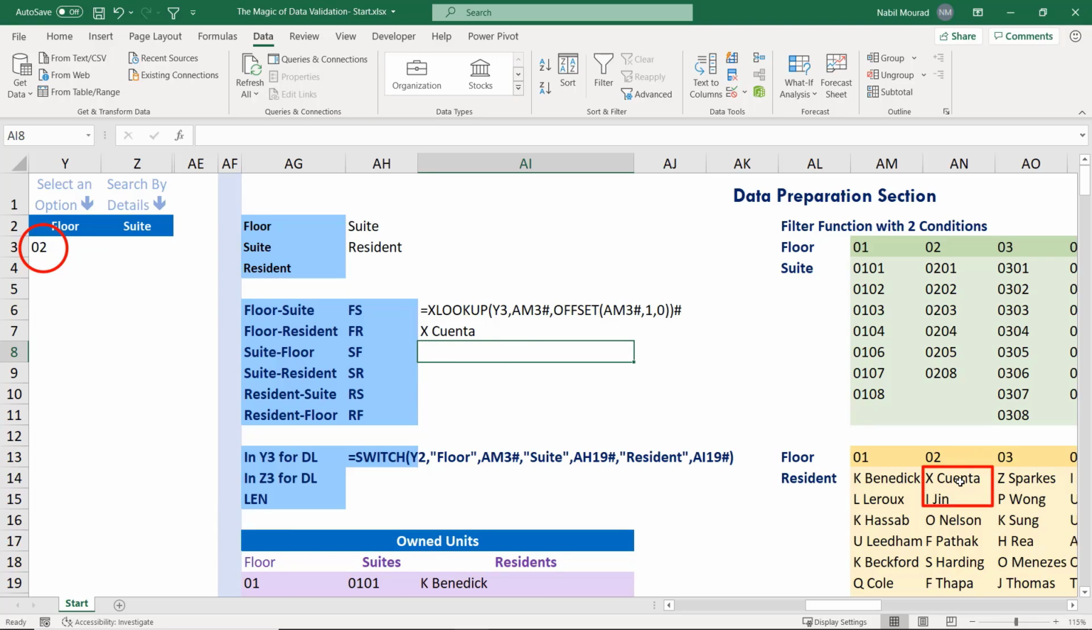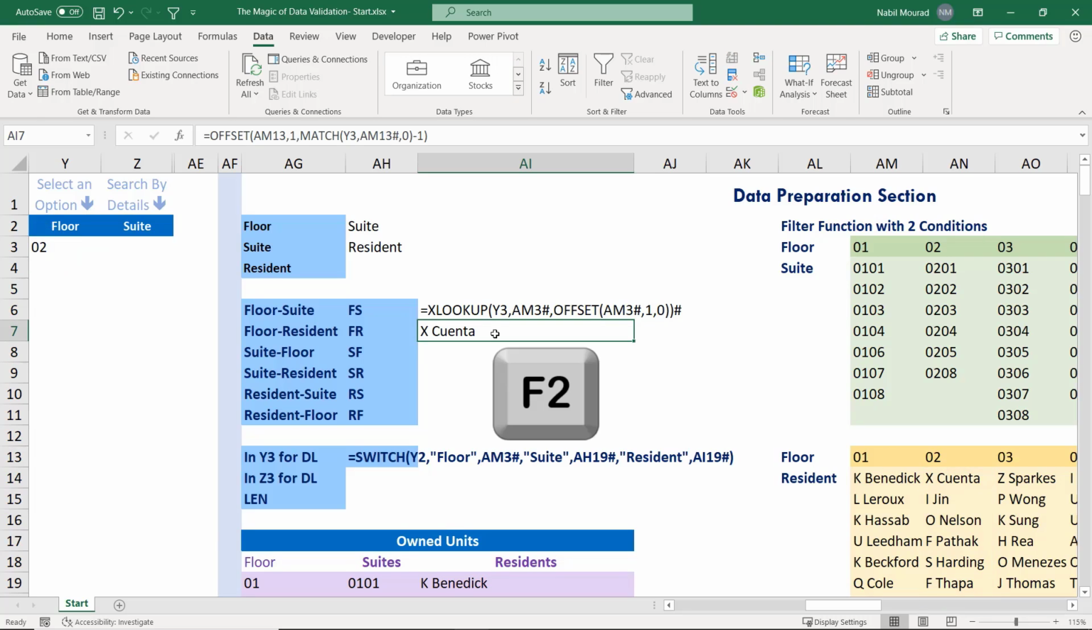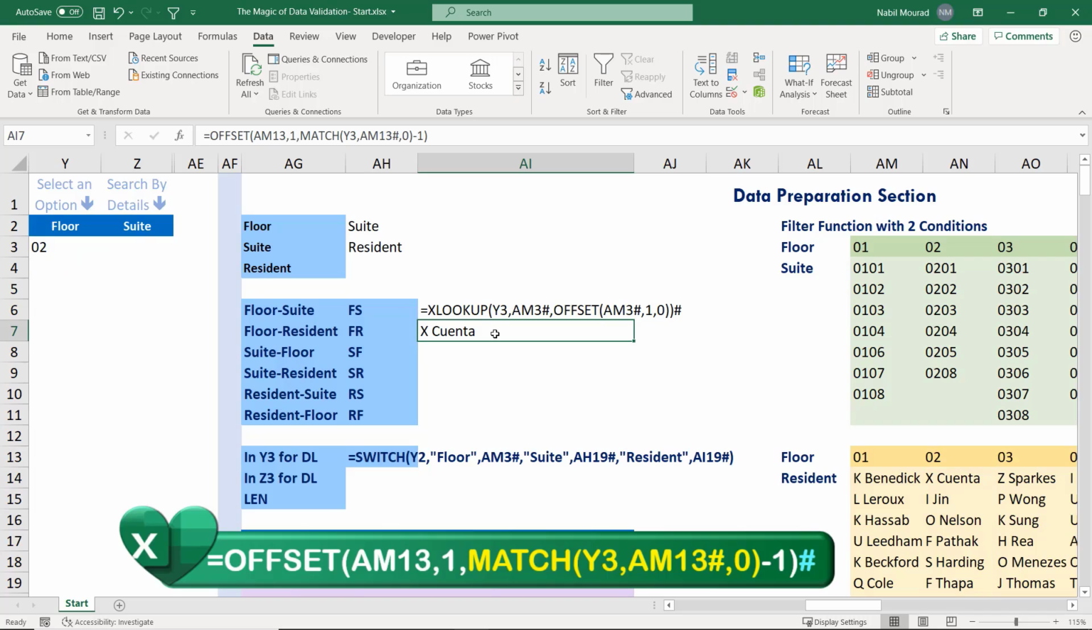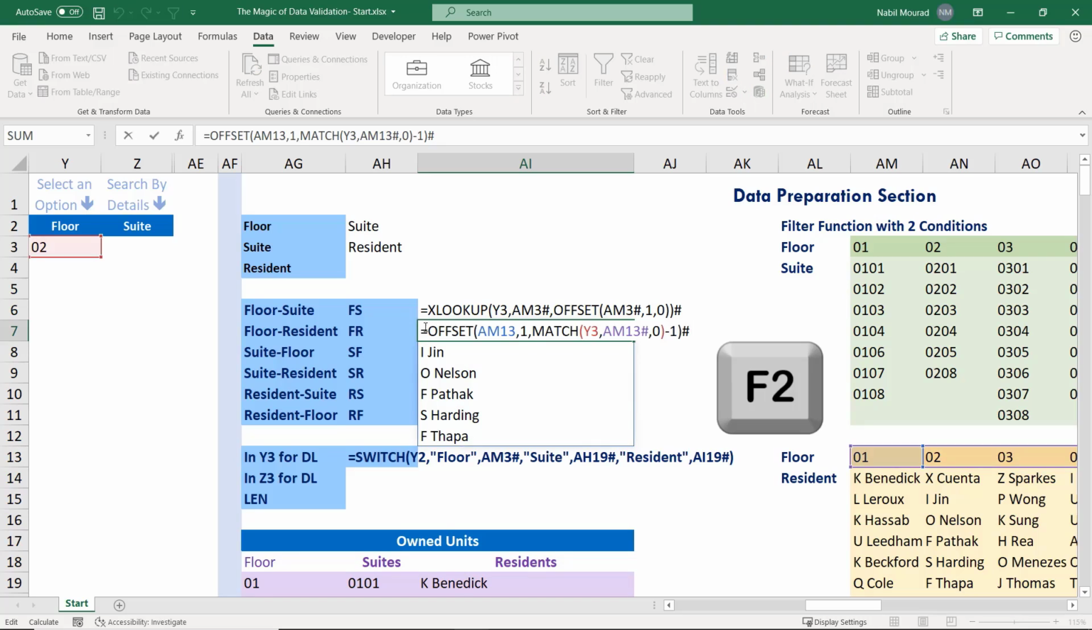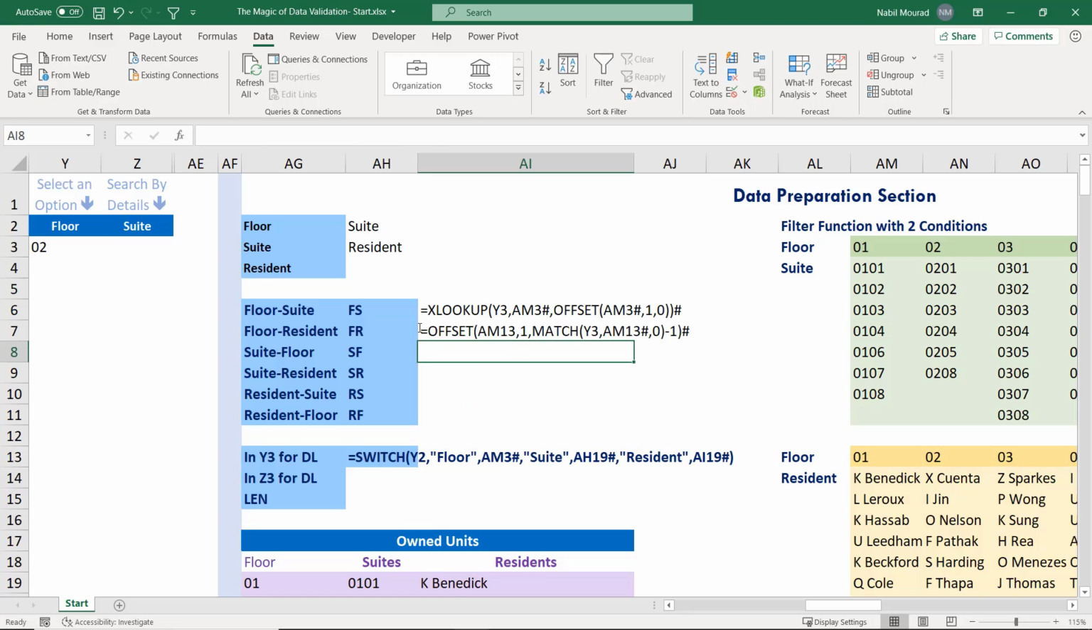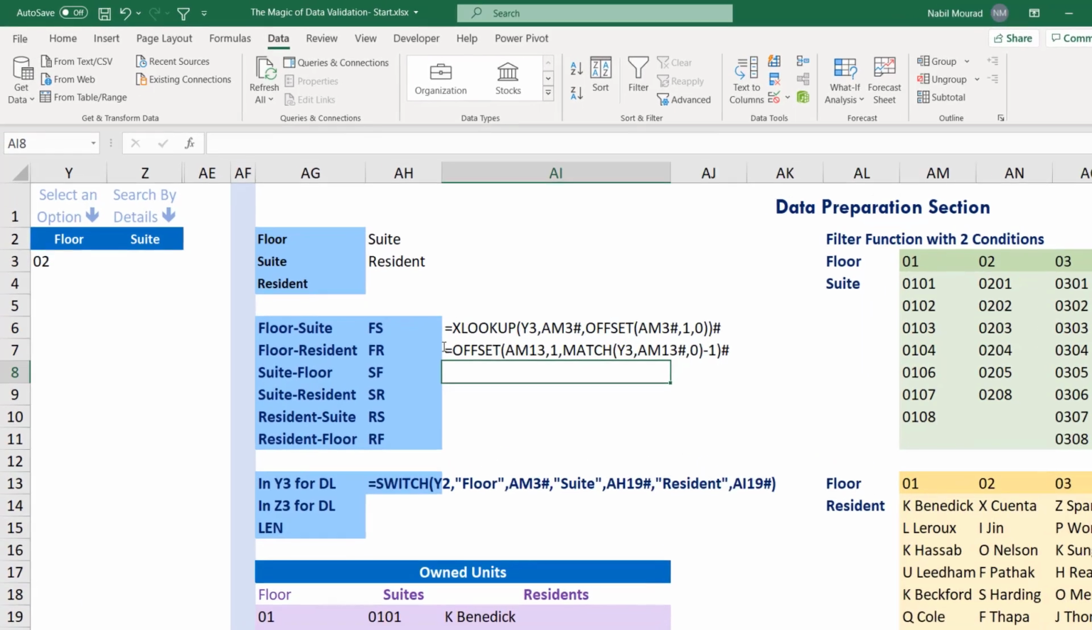Do you want only the first name? No, I want the entire list of names. Then let's put our function one last time in the edit mode by hitting F2, and let's add one more spilled array symbol at the end. Now if I hit enter, I get the full list, and I created my second function for the combination floor and resident. Let's put this function in the edit mode, F2. Let's type a single quotation and park it here until we combine it with the other functions in the switch